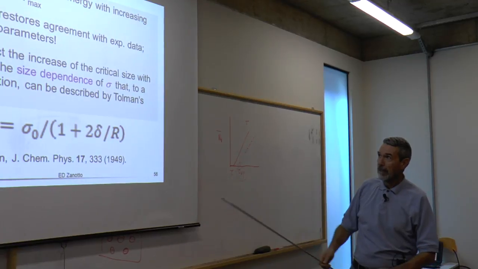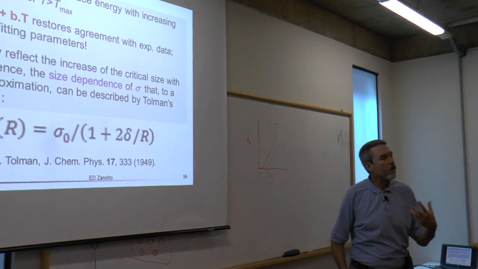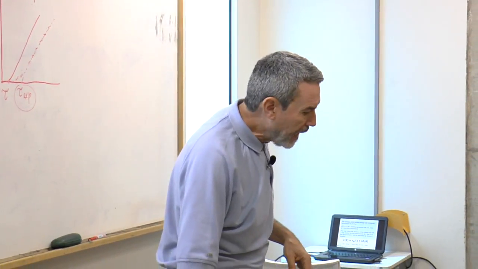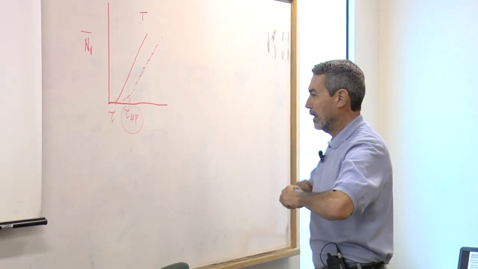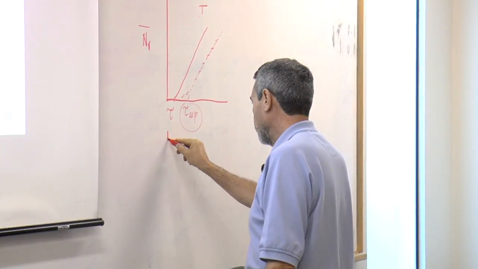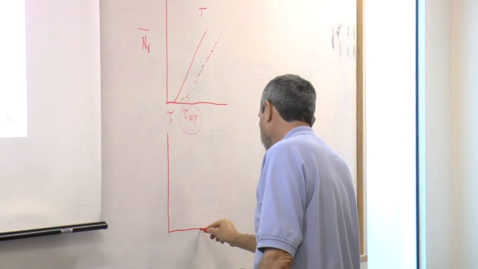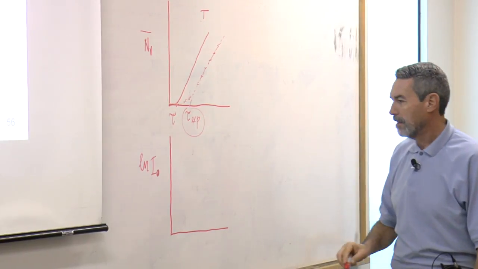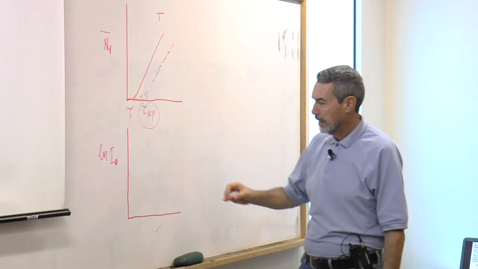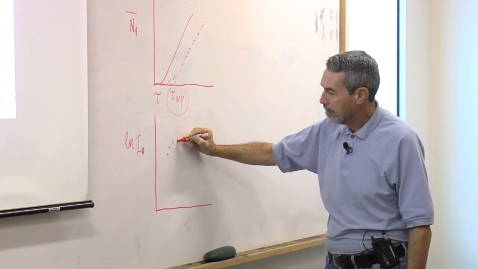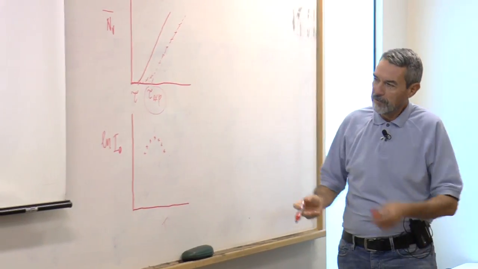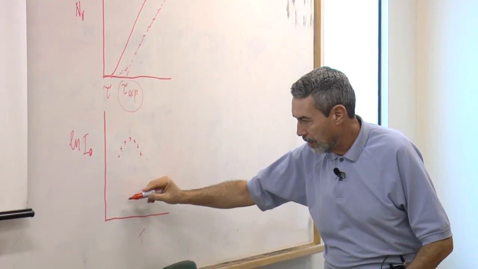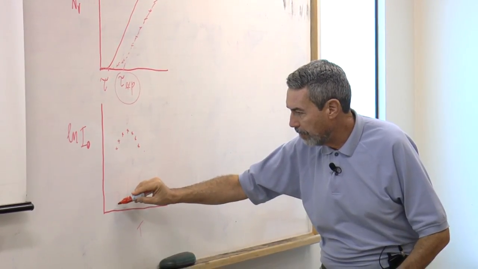Now, I'm not going to show all the details to you because it's somewhat complicated, but if you now, instead of doing the fitting using a constant sigma, if you now do it this way, say log of the steady state nucleation rates versus temperature, and you measure nucleation rates in a certain range for any particular system, what you can do is, if you take a constant value of sigma,